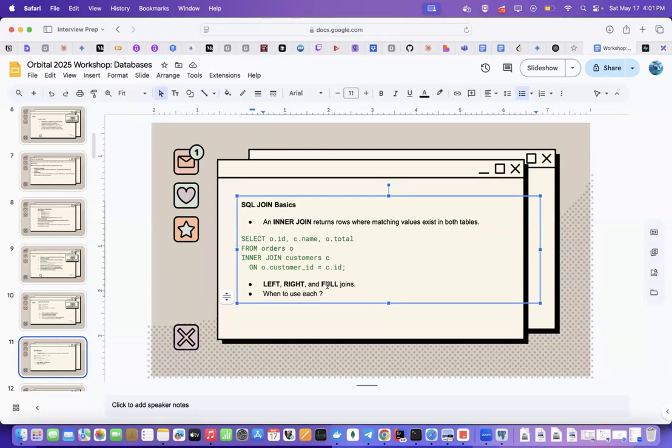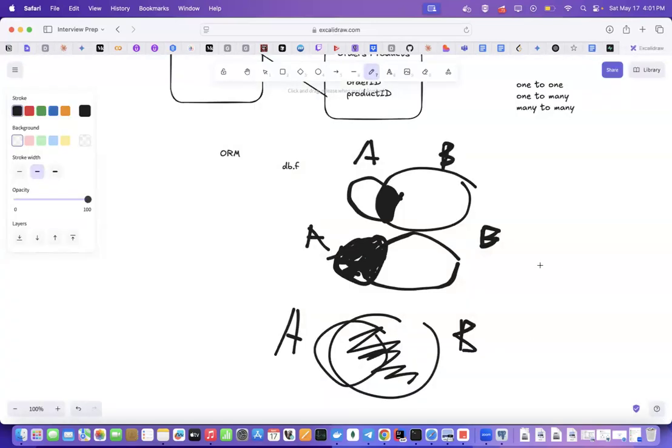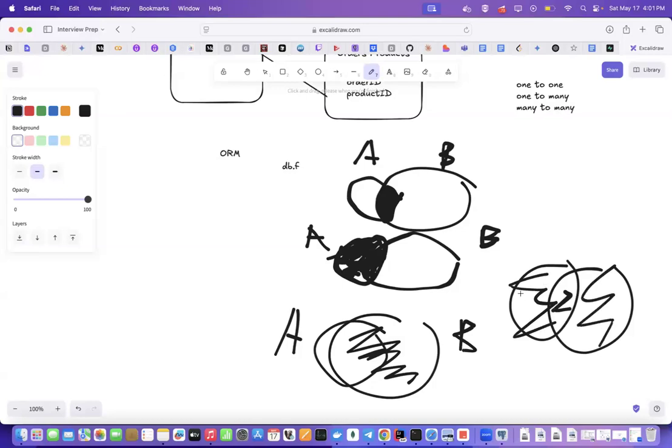Full basically means both are inside. So if you draw a Venn diagram, then basically everyone is inside. So for example,